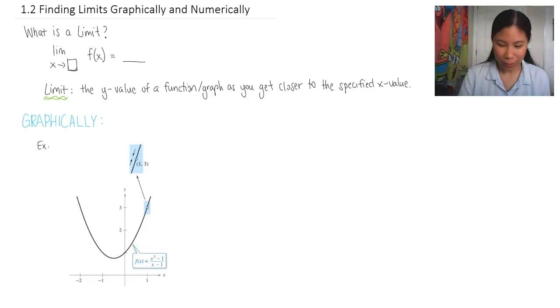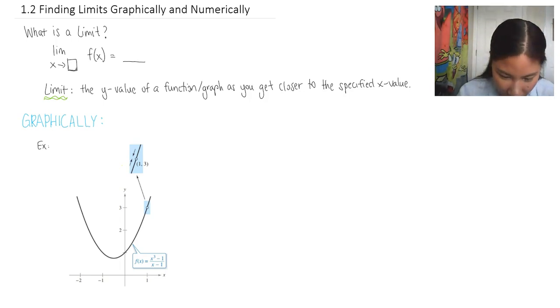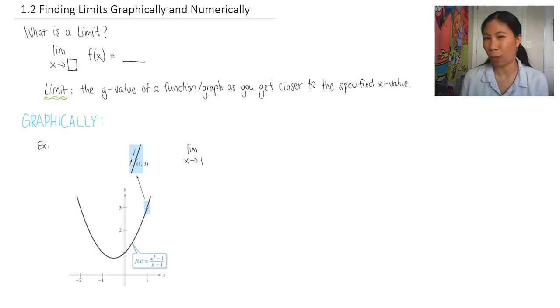So here's our graph. This is the function f of x equals x cubed minus 1 divided by x minus 1. So if you remember from graphing your rational functions, this is a graph where there's going to be a hole because if we were to factor out the top, something would cancel out with the x minus 1 that's on the denominator, and that creates a hole in the graph. So as you can see, the hole occurs at x equals 1 and y equals 3, if you needed to know. But when we're looking for a limit graphically, if I were to find the limit as x approaches 1, so we're saying when x equals 1,